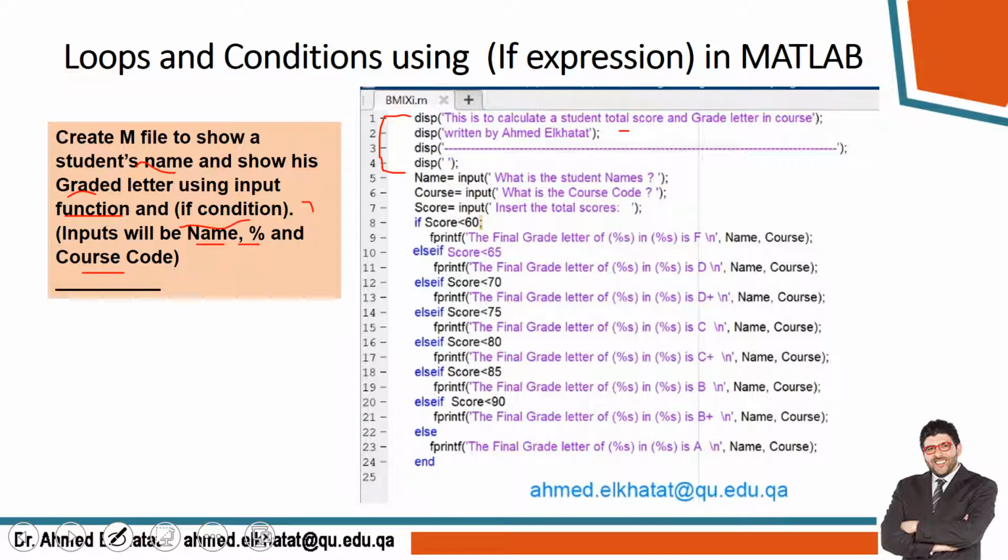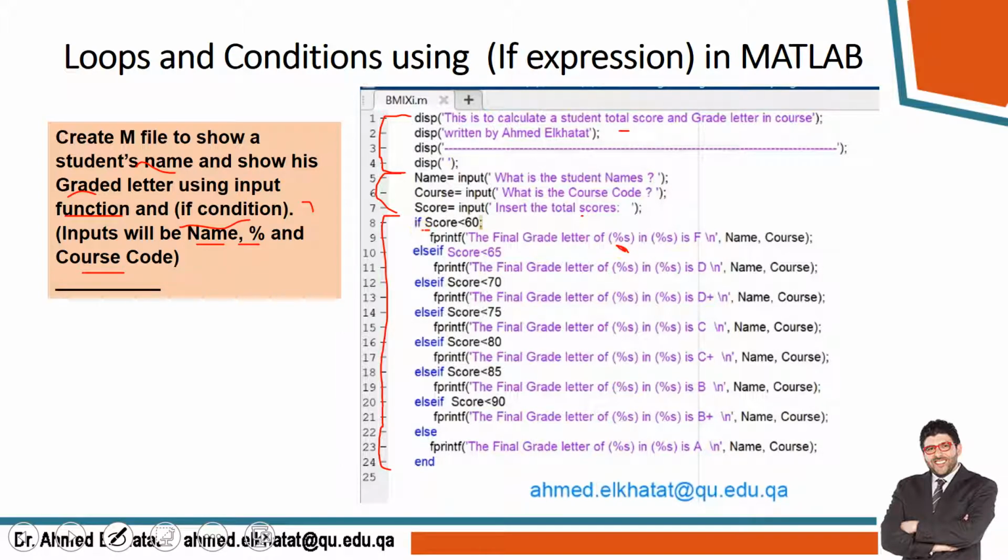Then here we have the input. So we need three inputs. We need the student name, we need another input, the course code, and we need the score to put the total score. So here we'll start the if statement. We'll start from the smaller one, because the software will check it first. So if score, and remember that score, if you put it here capital, it should be capital, so it should be exactly the same. So if score less than 60, then fprintf the final grade of %s